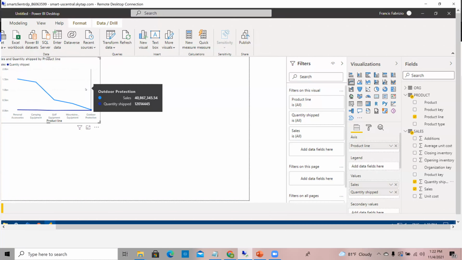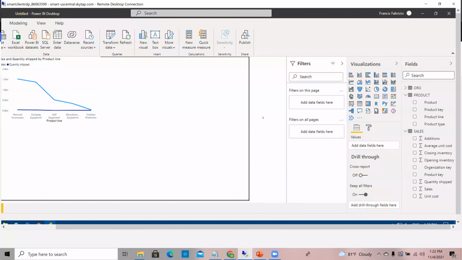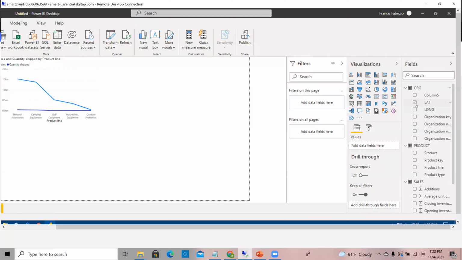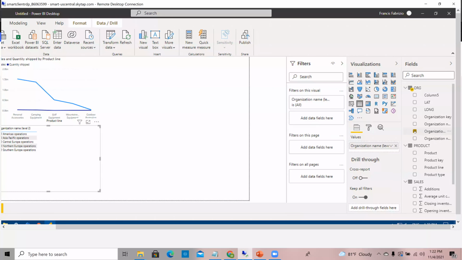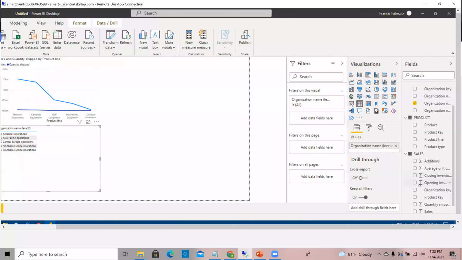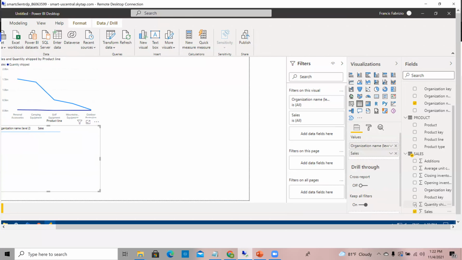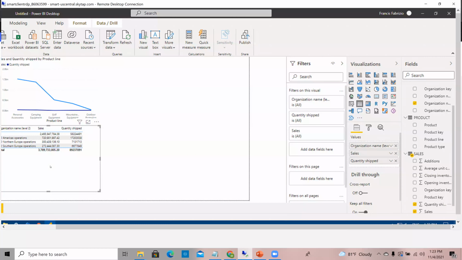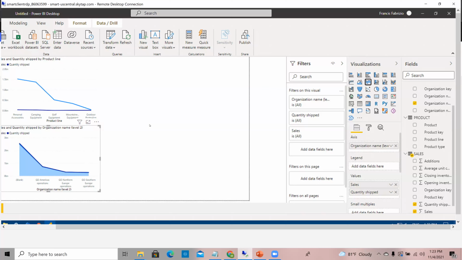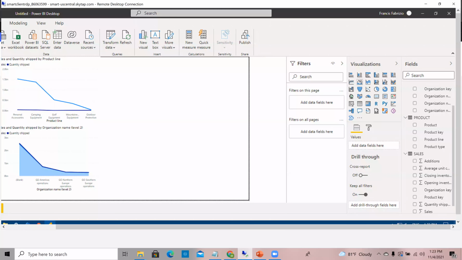If I want to create something brand new, I essentially click off of it, back onto the main canvas. And I want it based on organization. So I've got my org unit. You can also start with the chart and then drag things over as well. It's completely up to you. Just potato, potato. So I've added a few things here, and then I want to change this into some type of chart or graph. Perfect. Now, if I want to go the other way around,